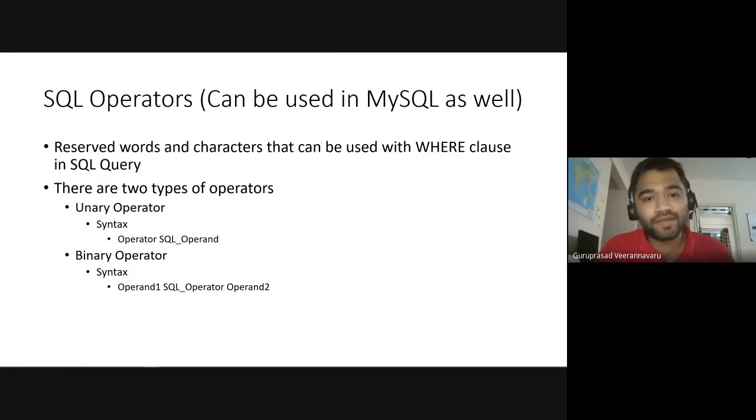So just to recap, we were discussing SQL operators yesterday, right? There are two types of operators: unary operator and binary operator. In a unary operator, we only have one operand, and in a binary operator, we have two operands. Okay. And we had also discussed